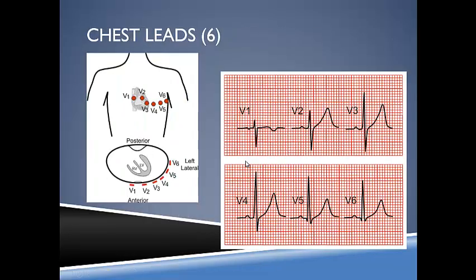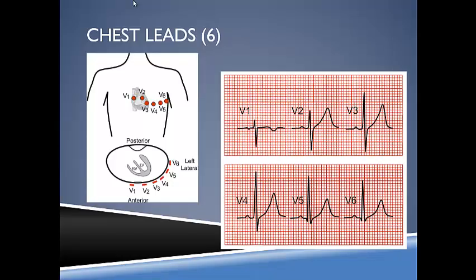Your chest leads, most commonly, V1 is right of the sternal border, and V2, sorry, I keep losing my cursor, is to the left of the sternal border. V3, V4, V5, and V6 follow suit down around the left side of the chest. V4 should be in the mid-clavicular line, fifth intercostal space. V6 should be in the mid-axillary line, fifth